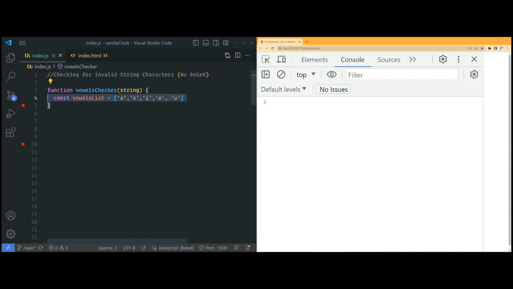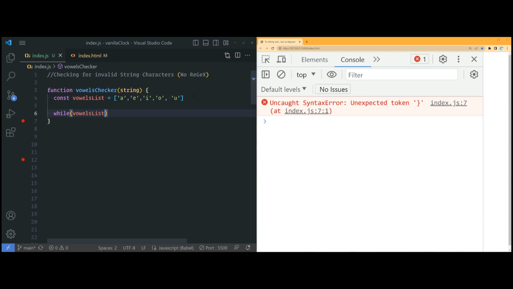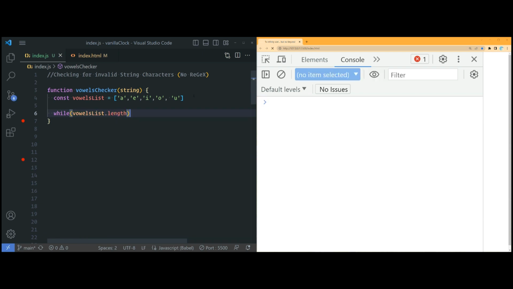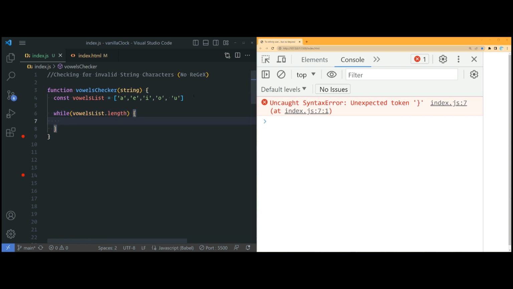Okay, so now I wrote a function vals checker. It's gonna check if a string I pass it contains any of these vals. Now, my favorite way to do this is actually using the while loop and having its condition be dependent on the length of this val list. Okay. So while it has a length, I'm going to do if